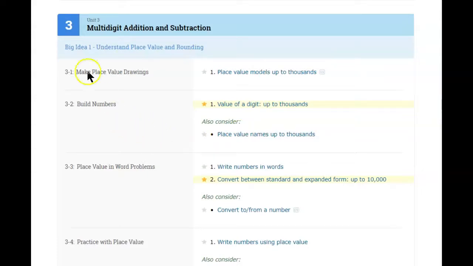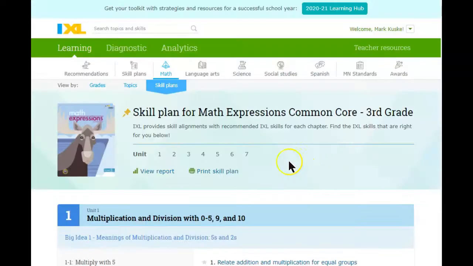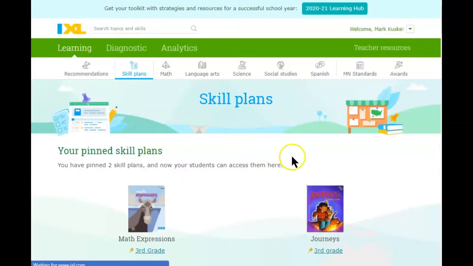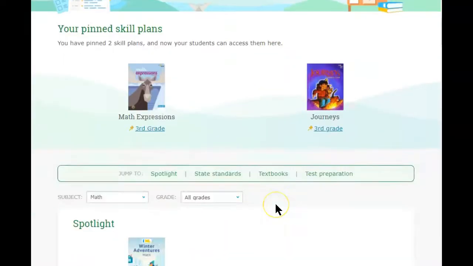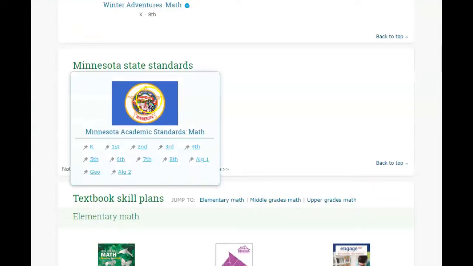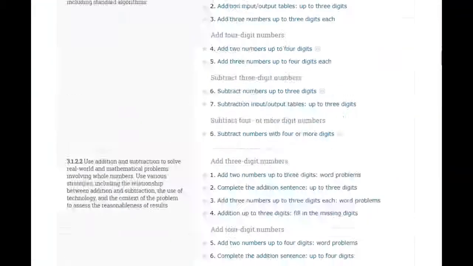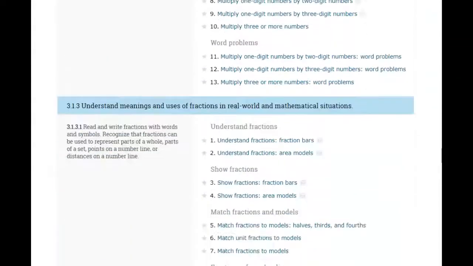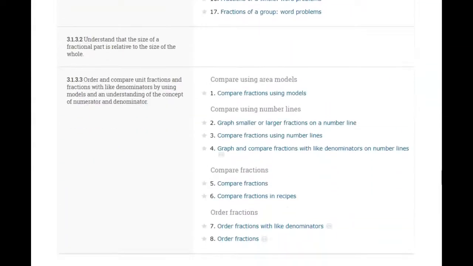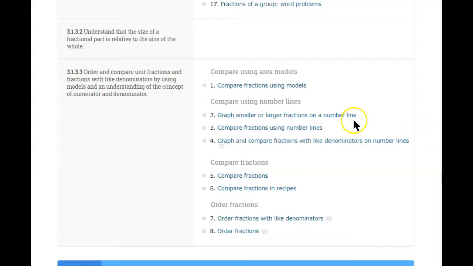You can also use skill plans with state standards. If you scroll back up to the top and then reset skill plans here, you can see both books are pinned there, but then if I go down just a little bit, I can see here the state standards. And if I look at third grade here, what I can do is click on that, and then now I can go through and look for the benchmarks maybe that my students are struggling with typically on that state math test. So possibly they're struggling with comparing using number lines,